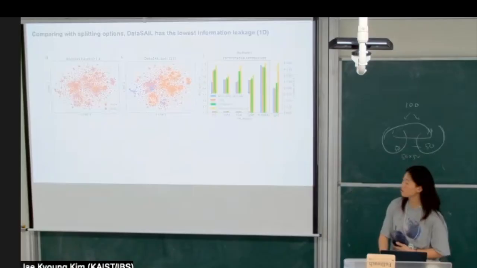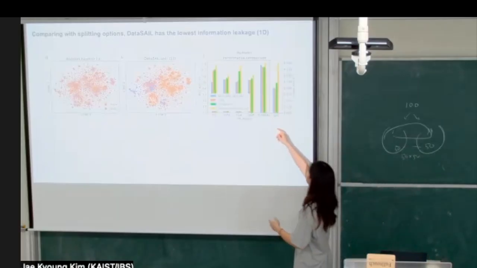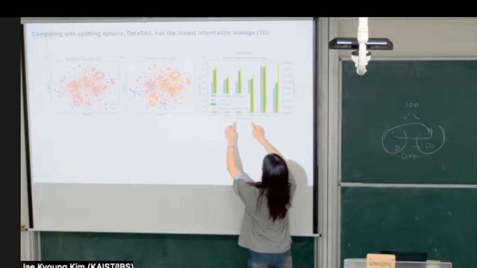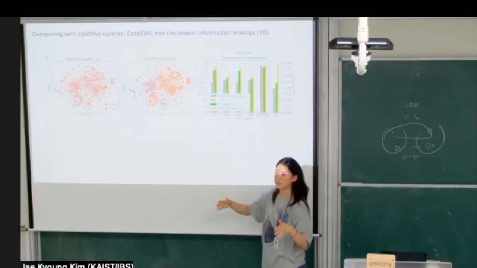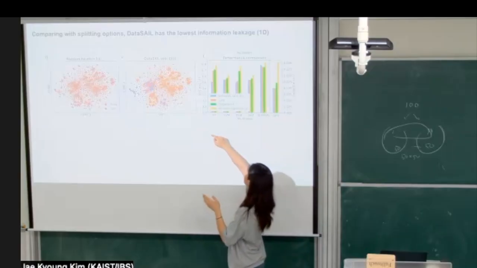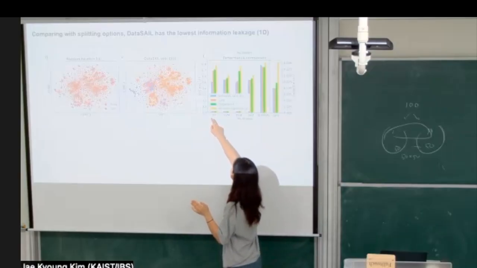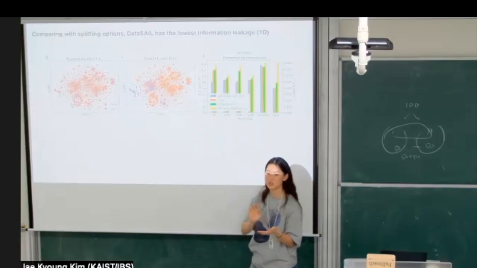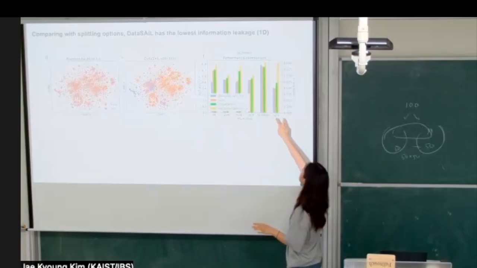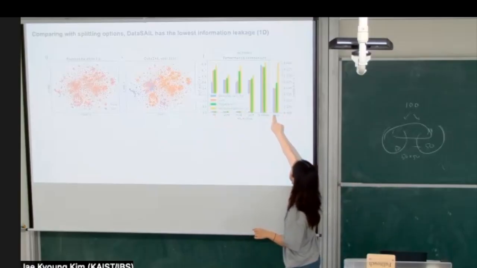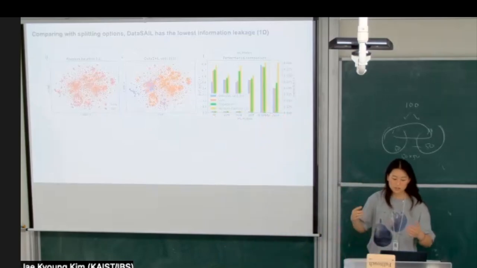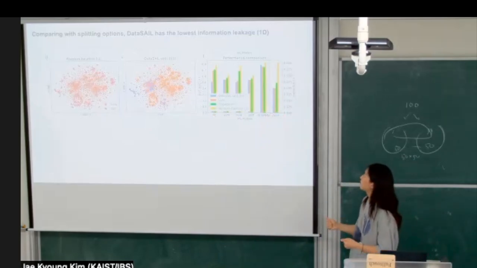They showed another graph. So they used 5 different models, but applied different train test splits. And you can see that ROC AUC for DataSAIL was the lowest because it's the most challenging. Yes. And if you look at the split leakage, DataSAIL has the lowest as well. So this kind of shows that it's a challenging problem.